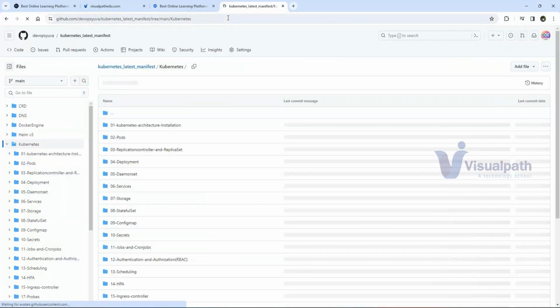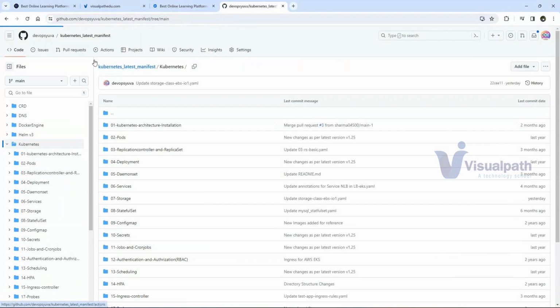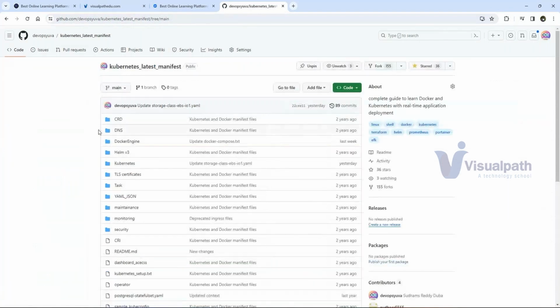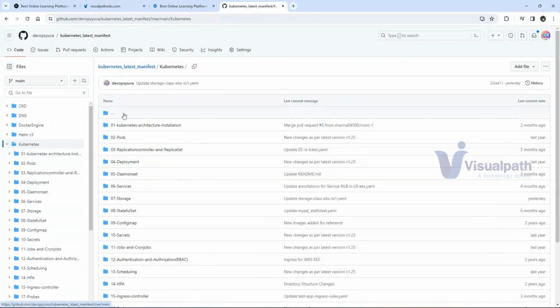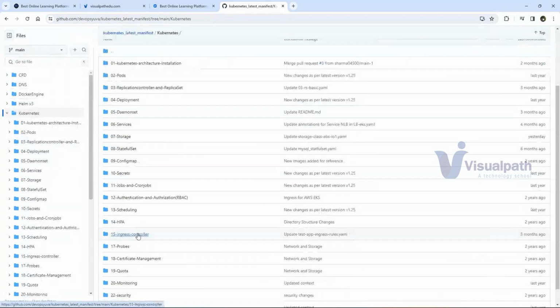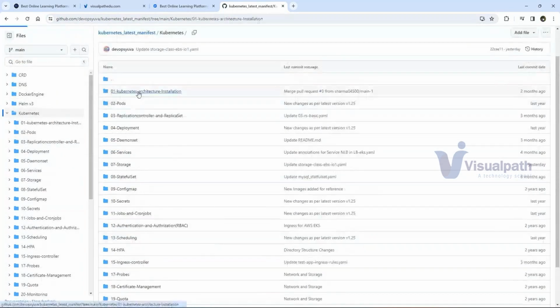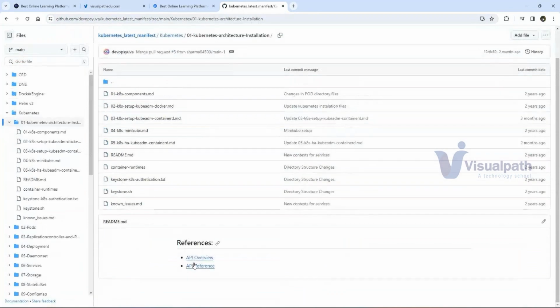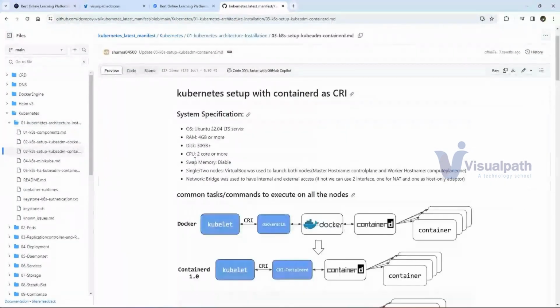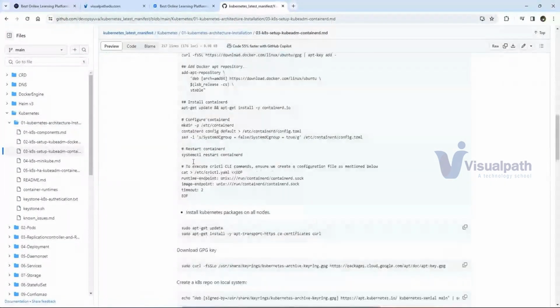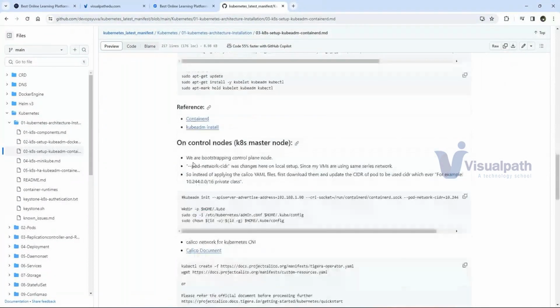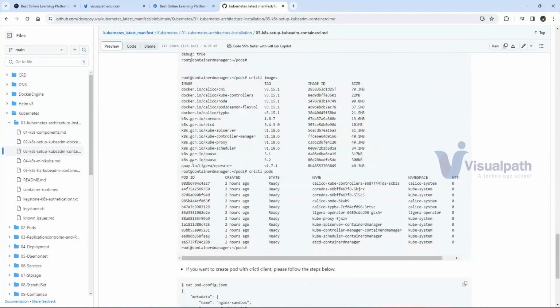Instead of that, this is my GitHub link. I prepared all the documents related to Docker and Kubernetes, and Helm charts as well. If I go inside it, I created all the topics for Kubernetes. You can see the documentation. I used to explain what this is. I used to give the links as well, what you need to refer. I used to explain how to set up a Kubernetes cluster. You can say I've written the steps. This is how I used to prefer.